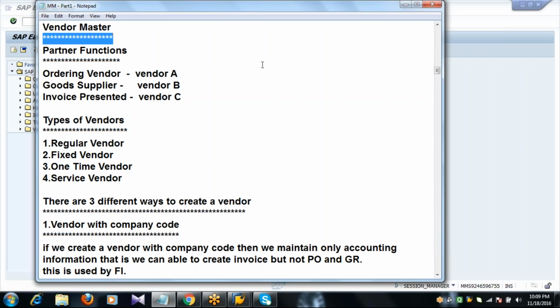So what type of information will be maintained in the vendor master for a particular vendor? Vendor name, address details, banking and accounting information, business terms of payment information, the payment terms information, and partner functions, etc.